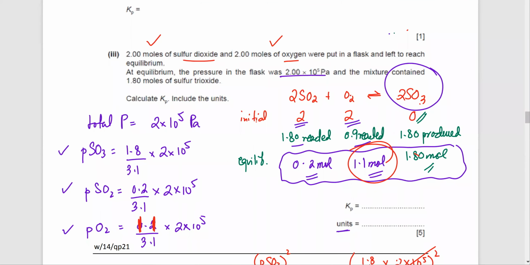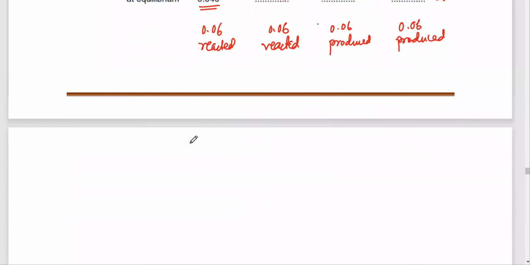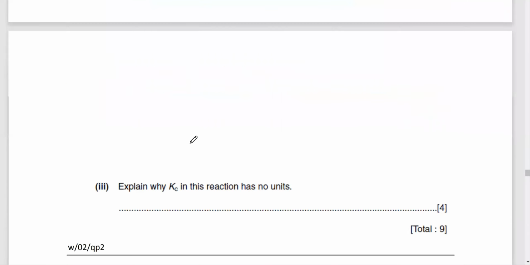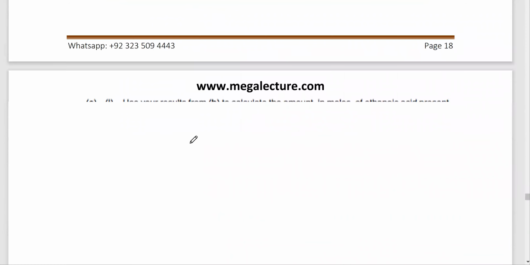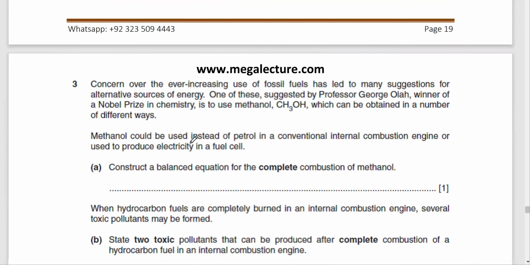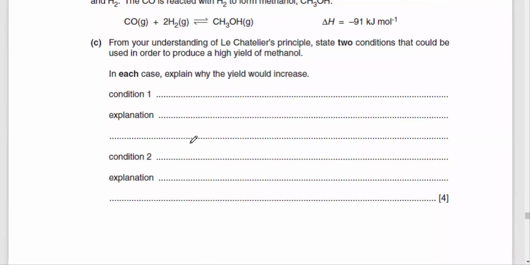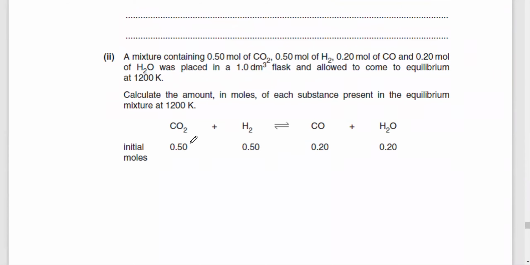Actually, the last type of question that I wanted to do was the reverse type, which was that the value of Kc would be provided. So this is the question that we have. It can be applied to Kc and Kp both. So let me find that question. Okay, so the last type of question